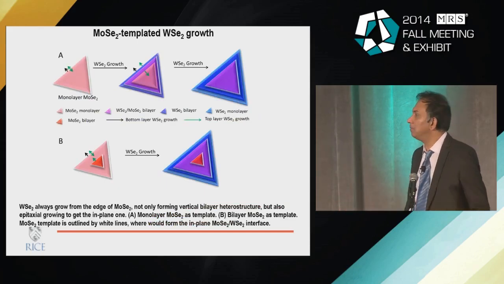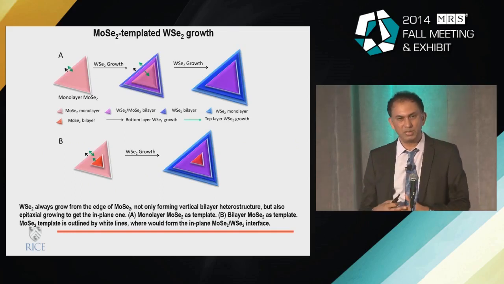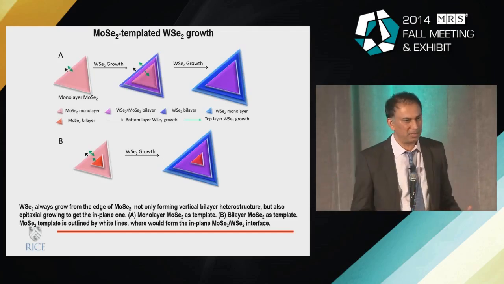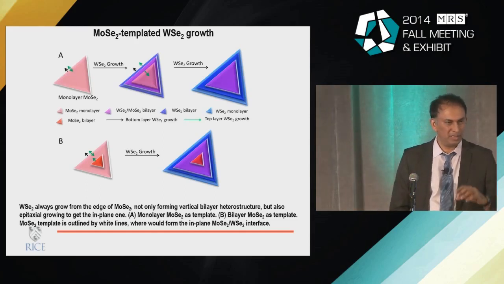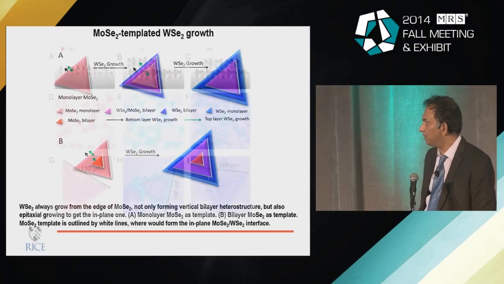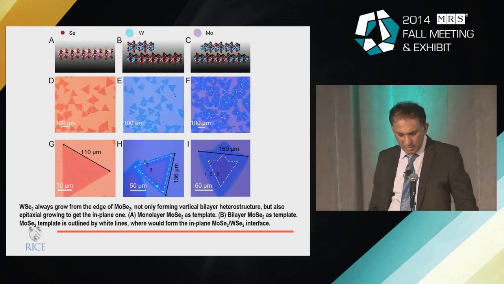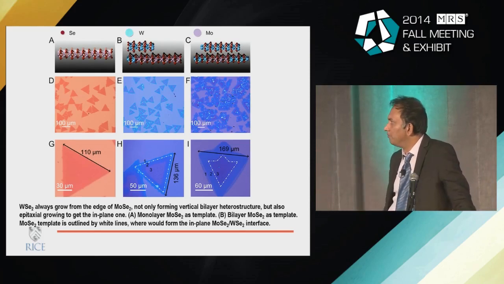Another system, the selenide system: again, if you start to grow multiple layers rather than bilayers, then you start getting these composite layers that are stacked together. So each of the layers themselves may have multiple compositions, but also the stacks now have a different character. So you can essentially end up with a very composite, complex system, which again could be of some interest. And again, this is a very new thing, and people are now starting to study how these interfaces change, how the electronic properties of the interface change as you change compositions, and so on. So a large number of possibilities exist in building these new stacked structures.